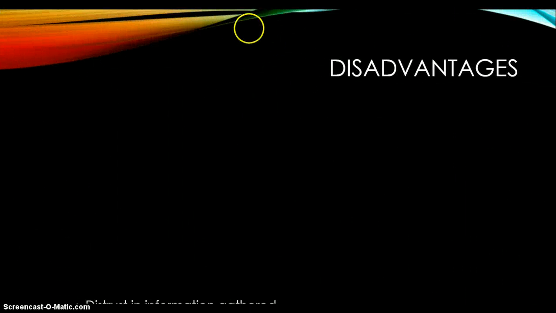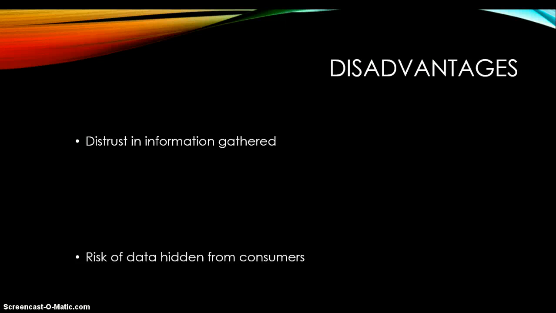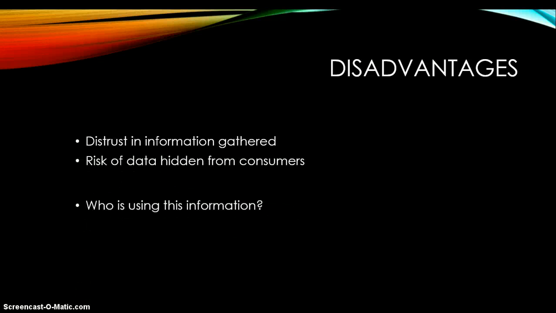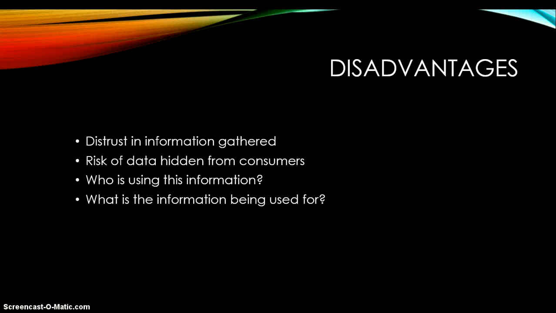There are disadvantages. People are concerned with the information that's being gathered and what is being gathered that is hidden from them. Who is using this information and for what purpose? Some of the data that is mined is used by governments and corporations in their decision-making processes. This can lead to certain groups being unfairly targeted or omitted. Some people think it gives too much control to outsiders about the products and services made available to them. There are also issues of moral and political concern.